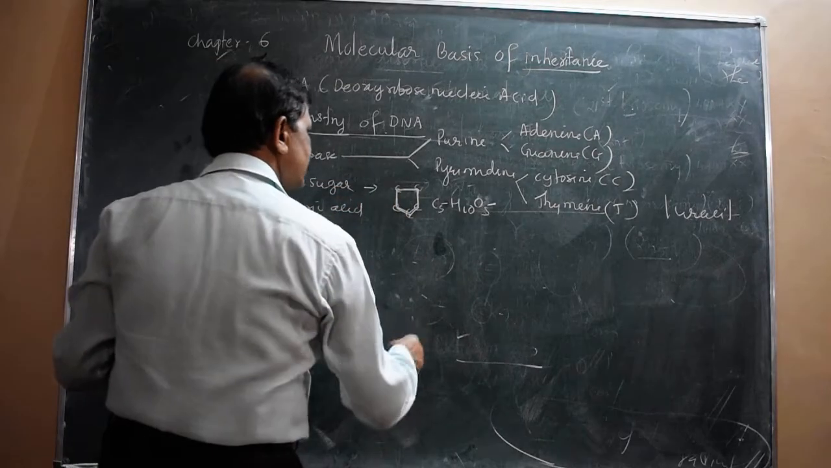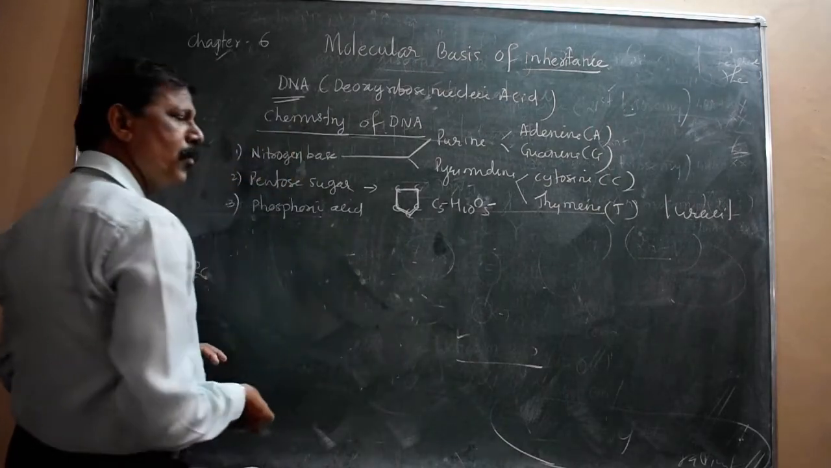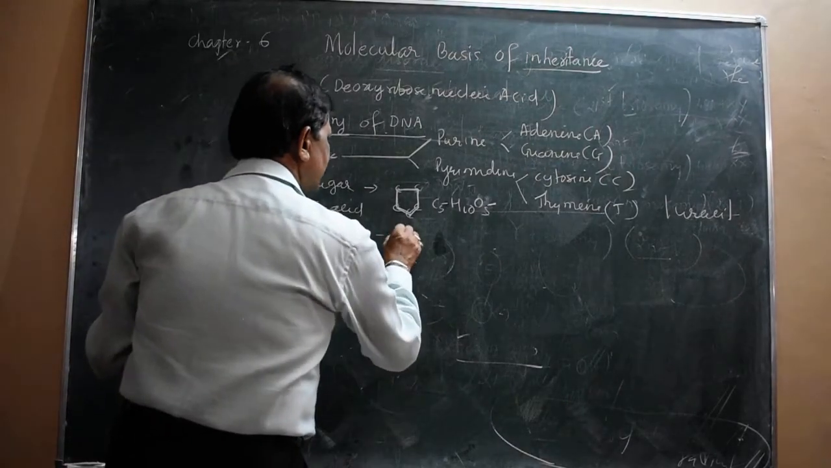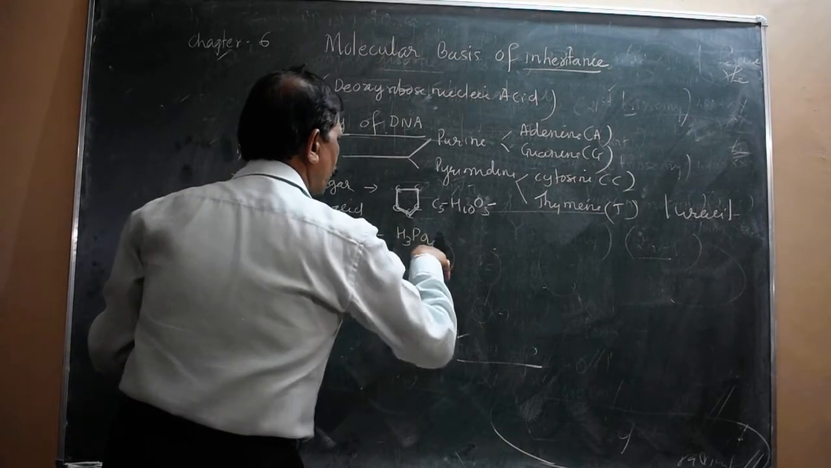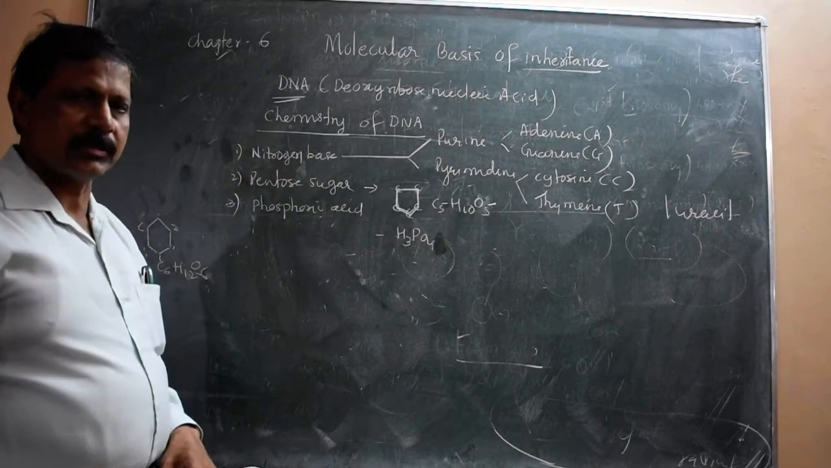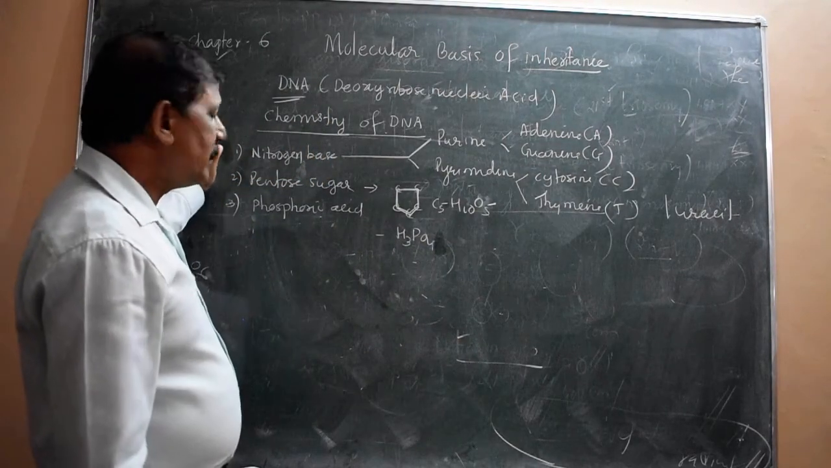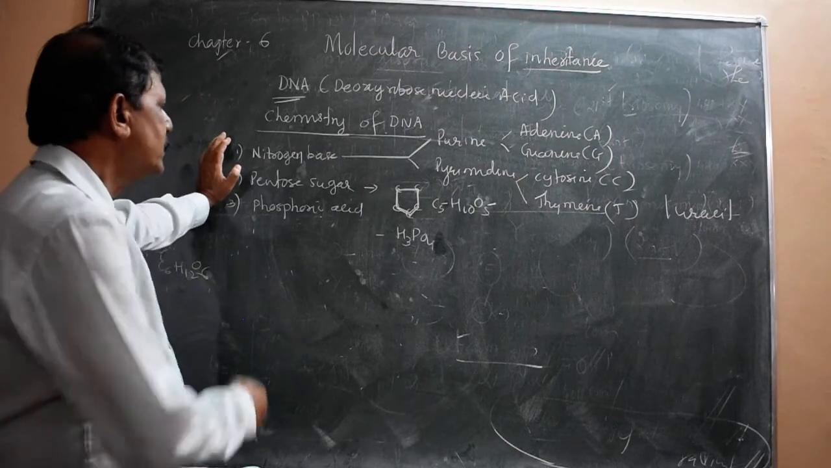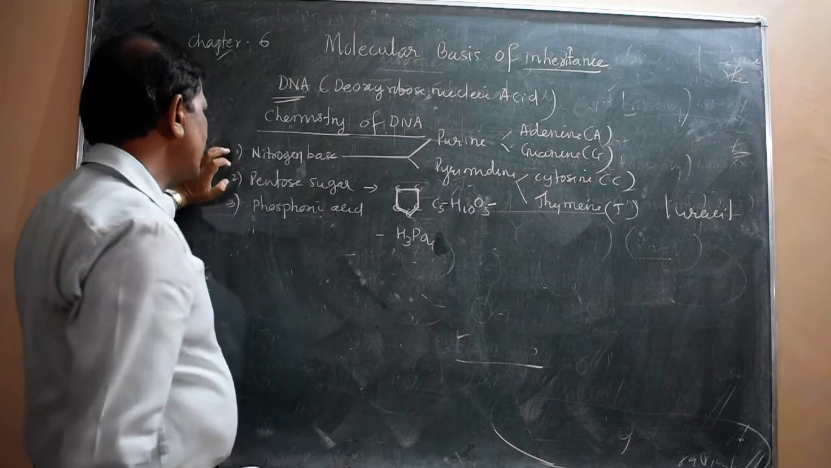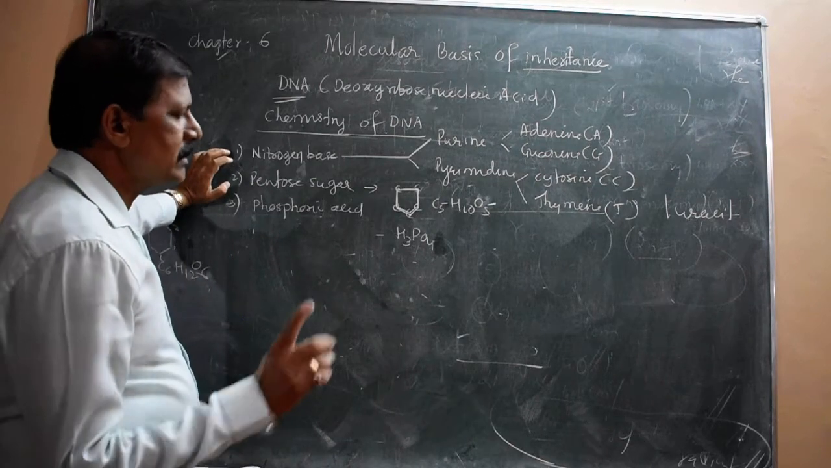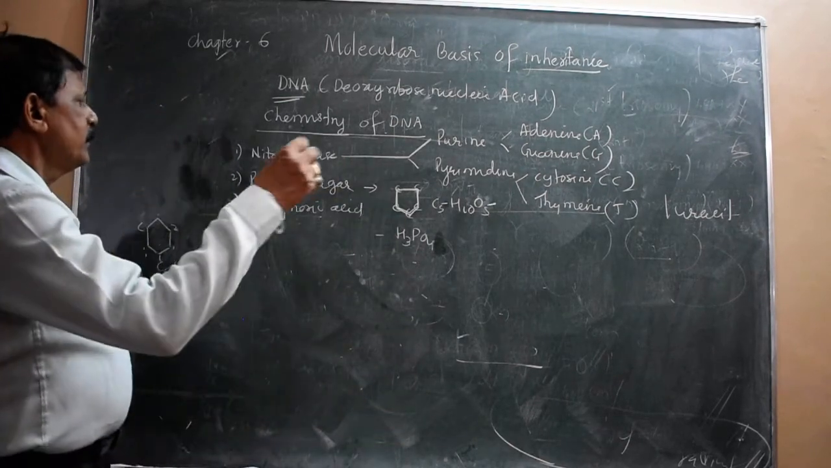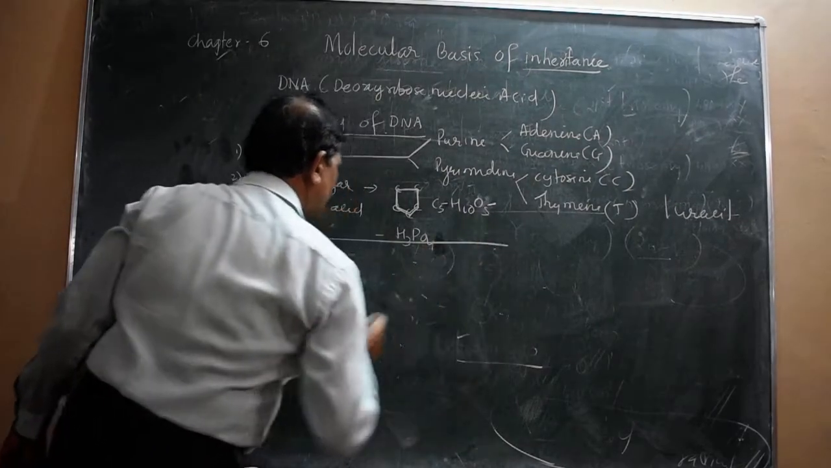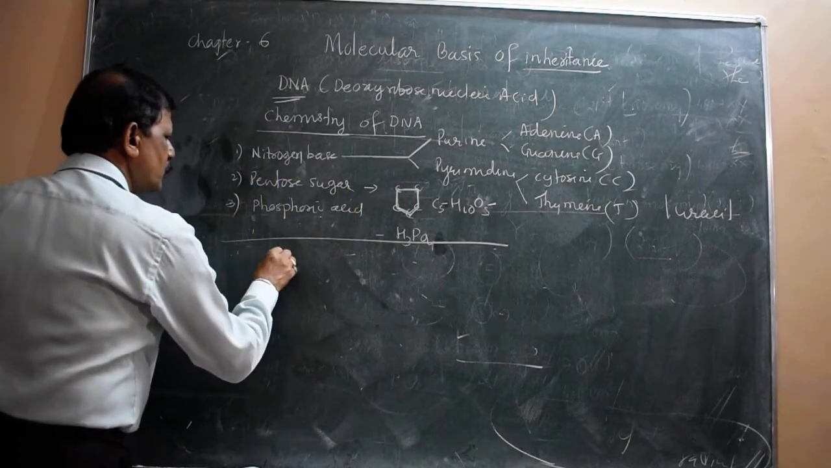So again this is a pentose sugar C5H10O5, and then phosphoric acid is in the form of H3PO4, or generally it is phosphate. So these are the three main contents or chemical composition of the DNA: nitrogen base, the pentose sugar, then phosphoric acid. Then with this we are going to the next one, that is nucleoside